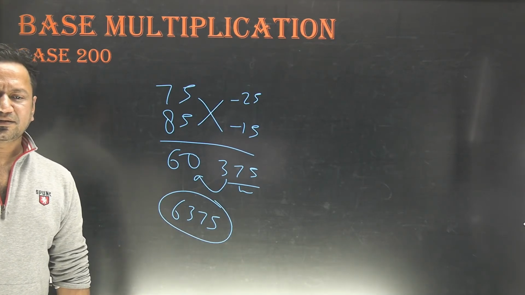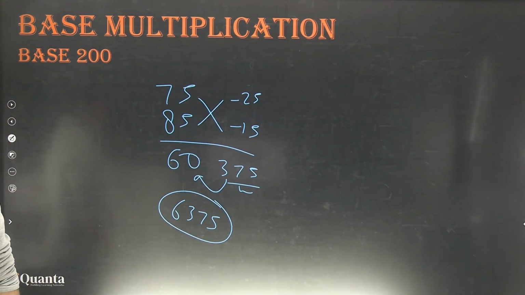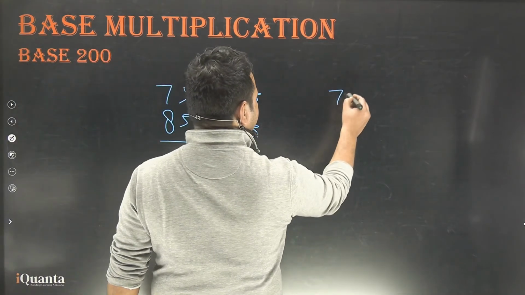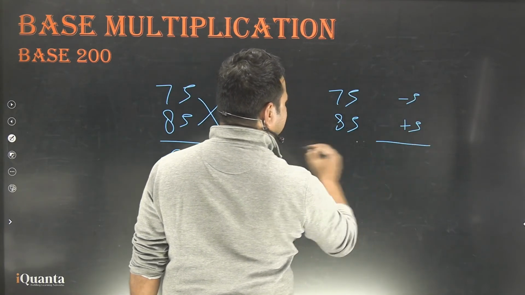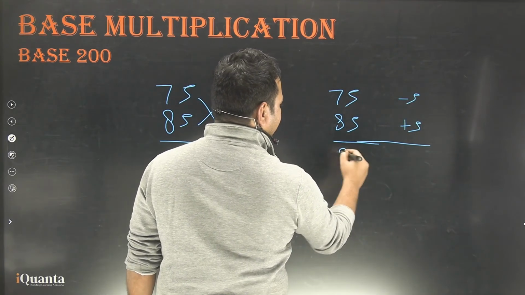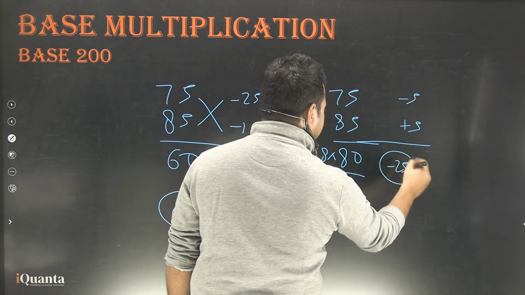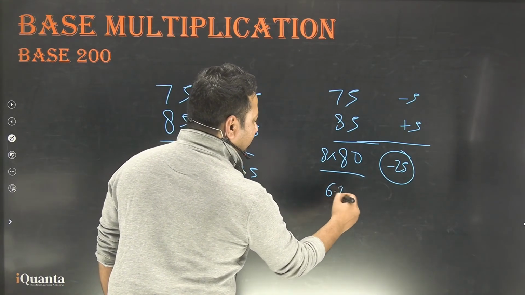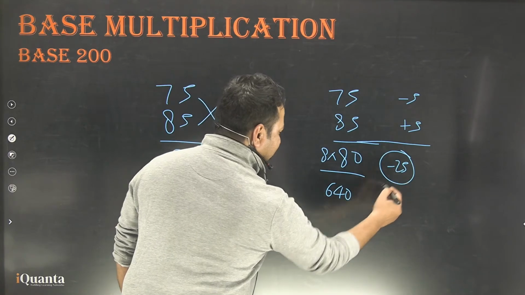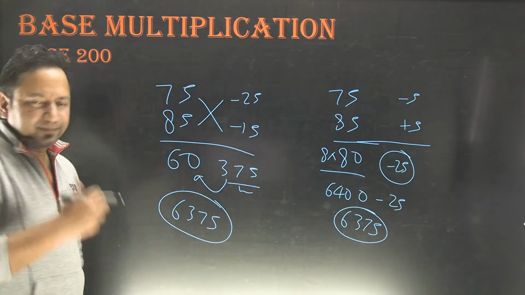Partial greater than base, like if the base is 100, greater than 100. All right. Avanya, you can use 80 also. Doesn't matter. If I use 80 as the base, this is minus 5, this is plus 5. No worries. The base is 80 multiplied by 8. And minus 5 into plus 5 is minus 25. But the problem over here is only one digit is allowed. This becomes 640. Only one digit is allowed. Put a 0 and subtract 25 from that. You will get the same value in both the situations. All right. Is that clear?